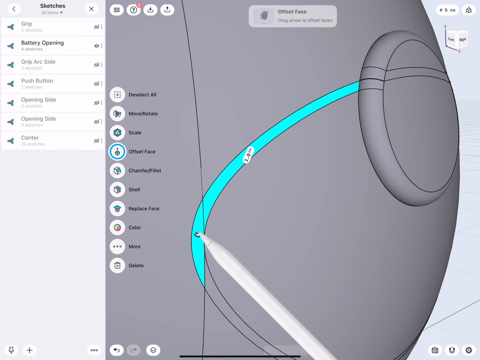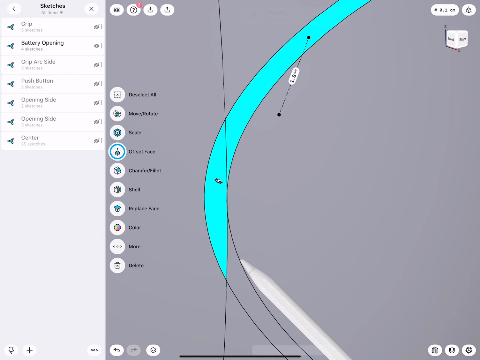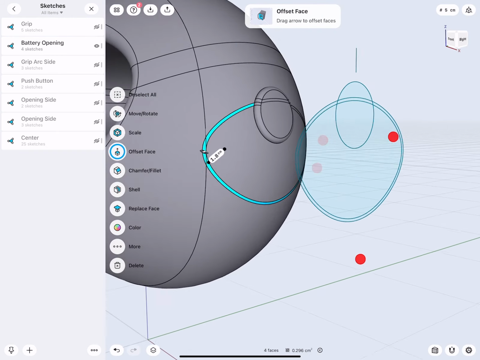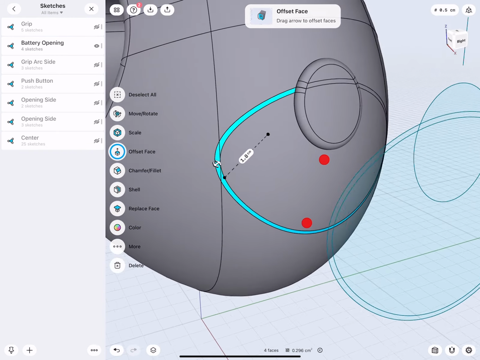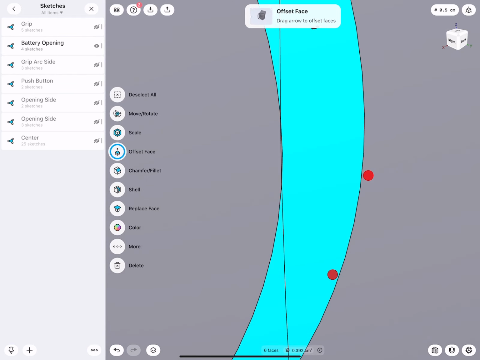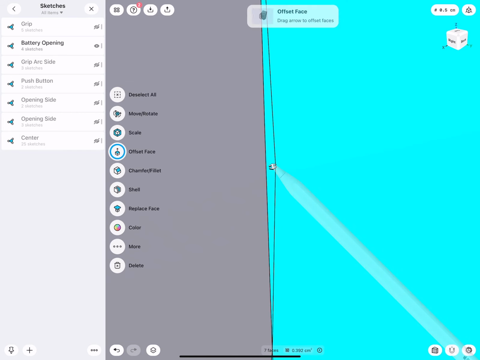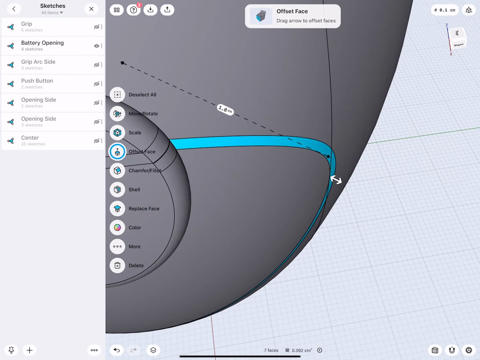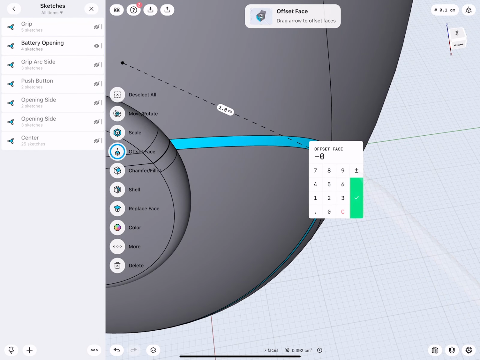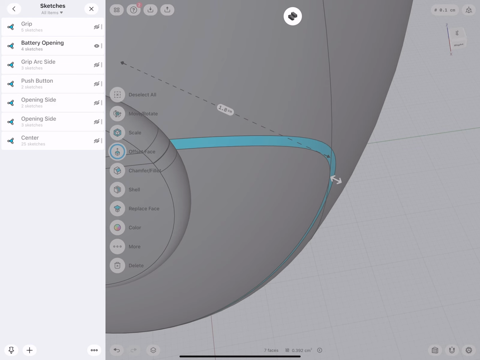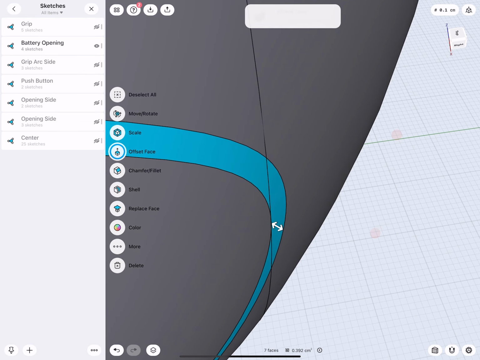And then I will select all these tiny fragments we created, minus 0.01. Just a tiny bit.